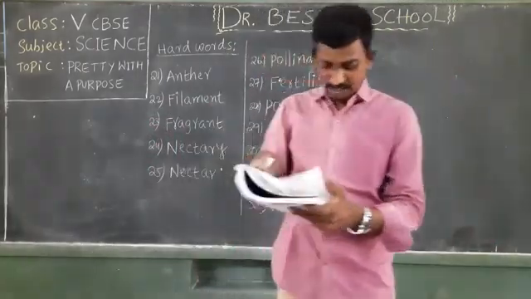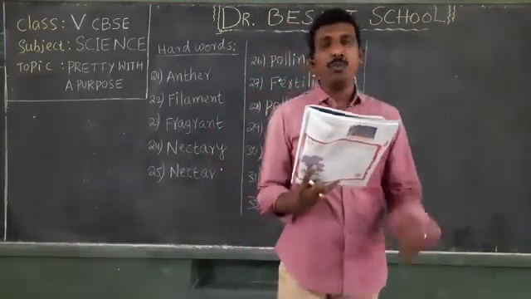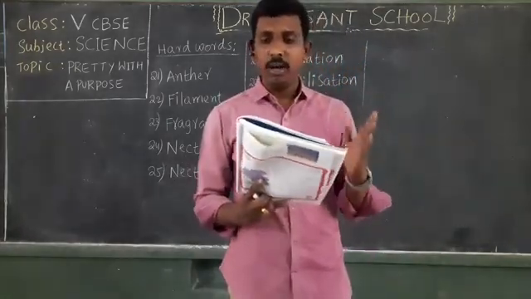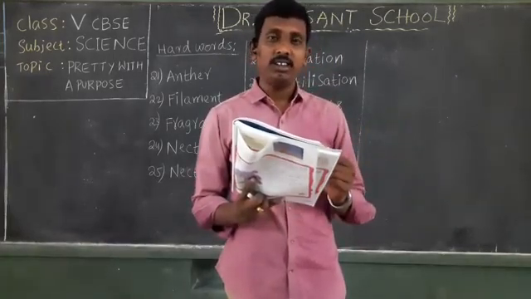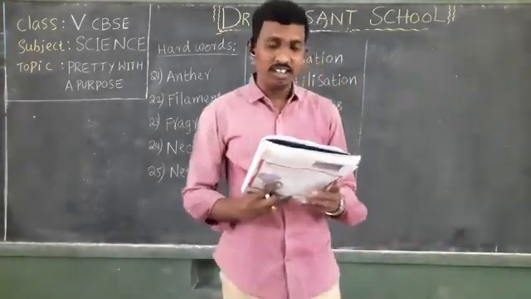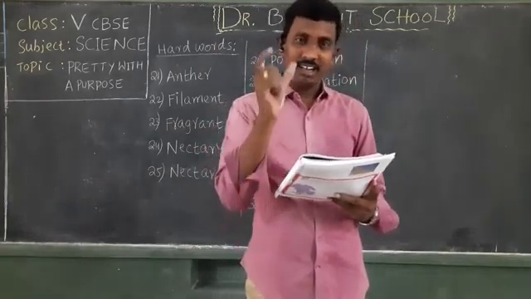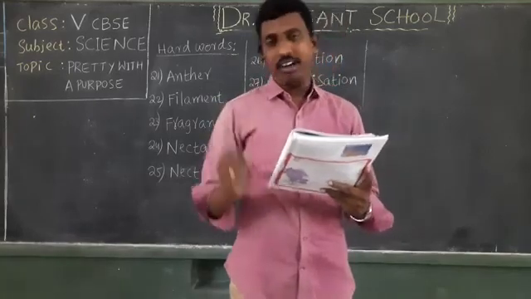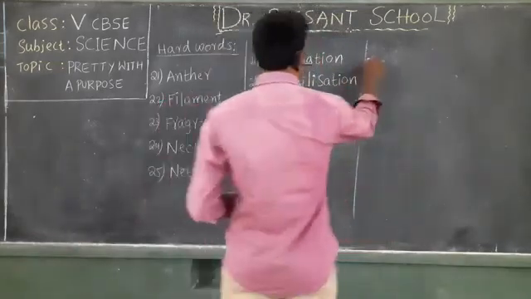Now come to the next page, number 16. Let us learn about the preferences of a few pollinators. Bees generally visit yellow, blue or purple colored flowers, and these flowers have some special markings for the bees to land on. Flies usually visit the flowers that are dull red or brown in color and have a strong foul odor. Odor means smell. Strong foul odor.